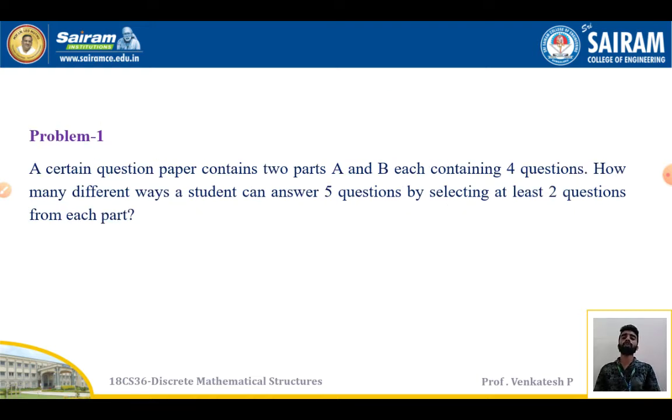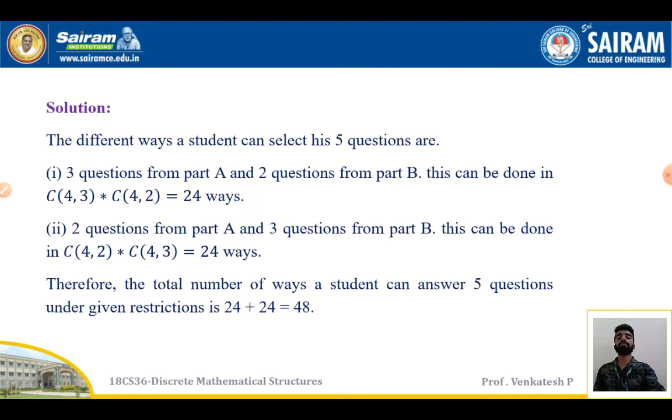Problems. A certain question paper contains two parts A and B, each containing 4 questions. In how many different ways can a student answer 5 questions by selecting at least 2 questions from each part? So the student has to answer 5 questions, and he must select at least 2 questions from each part, part A and part B. The different ways a student can select 5 questions are: